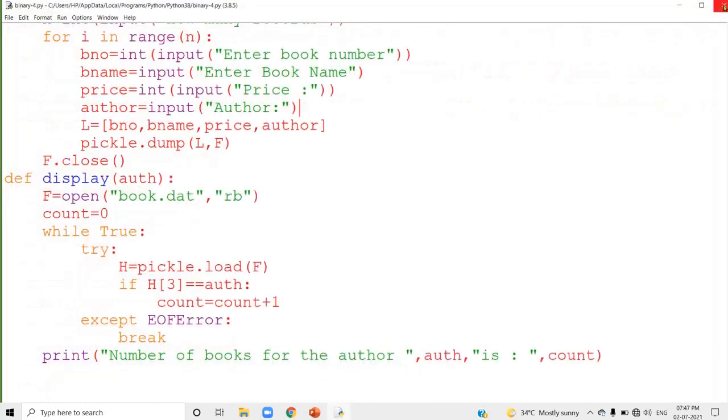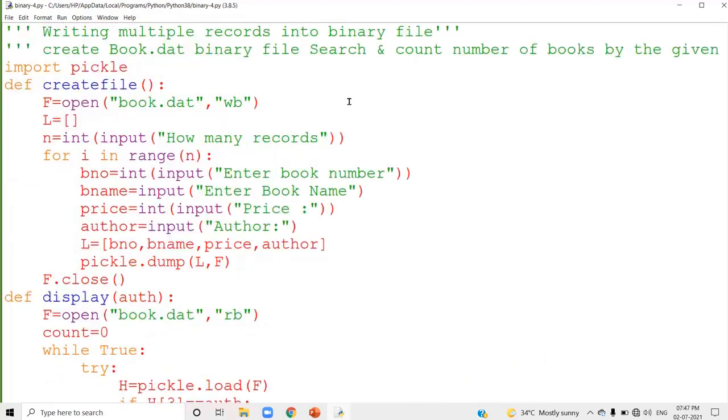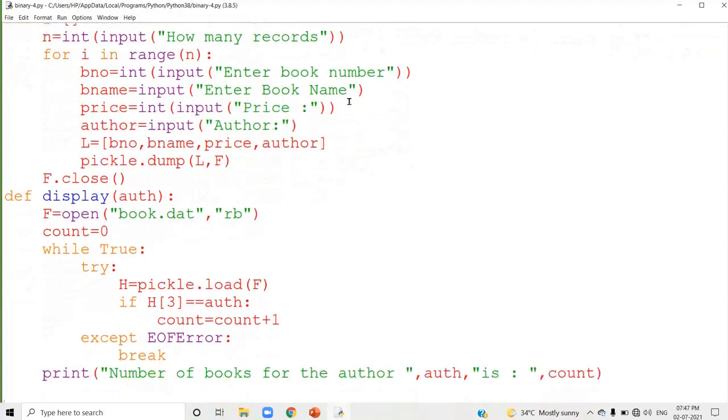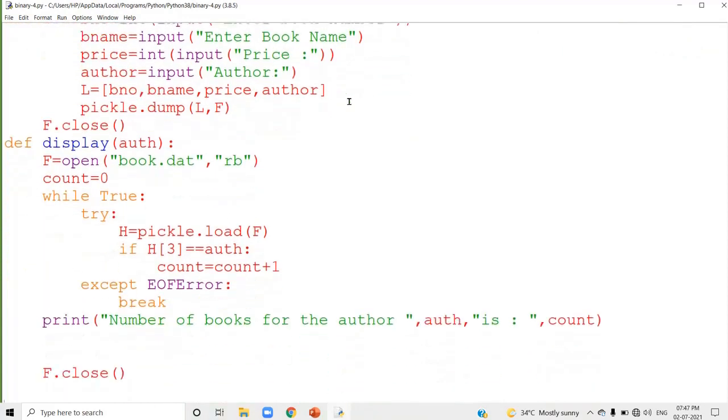Now just go through the program once again. I didn't copy the program into the slide; you have to copy the program from the Python screen itself. The first part of the program creates a binary file, and during creation you write individual records into the binary file. The second part is the display function, which has an argument, that is author.